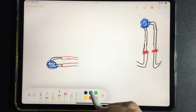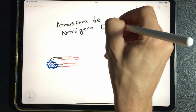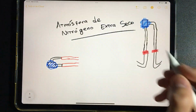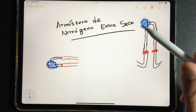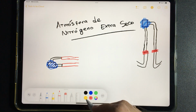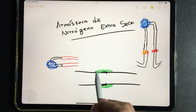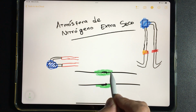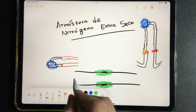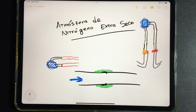A very important detail is that all this is always welded with an atmosphere of extra dry nitrogen. I don't know if you know or not what this is, but all this has to be welded with a certain amount of nitrogen passing through the pipe constantly to prevent the formation of the common slag when we weld. When we weld a pipe, what always happens is that at the weld point, we clearly see that a certain slag or residues are formed that are the fault of the burning of oxygen together with moisture. The same thing happens inside. Now, by sending a constant atmosphere of extra dry nitrogen during welding, we prevent the formation of that slag inside. And so we have a clean weld inside,